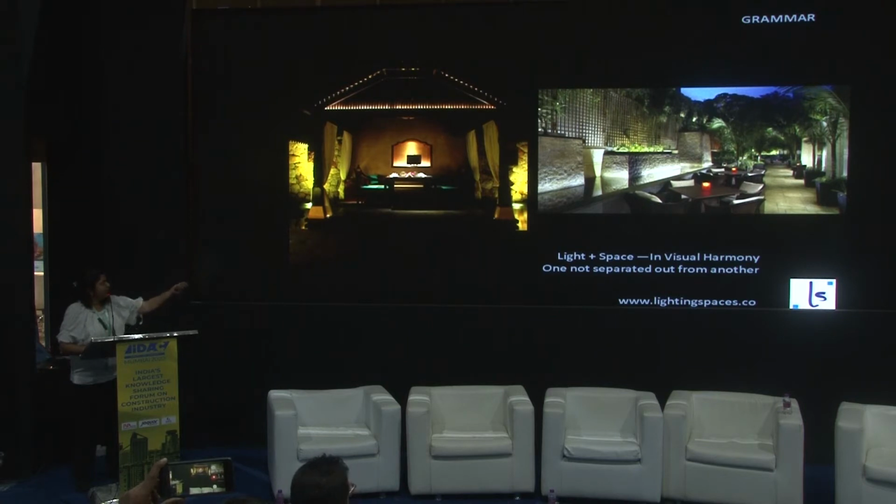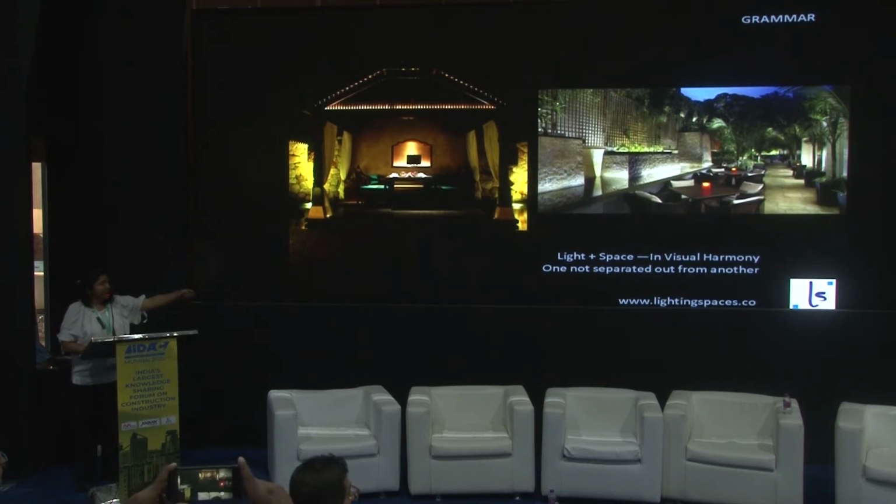Now the left hand side one is Villa Maya, which is a dining pavilion. If you see, there's only one pin spot on the table, so it just quietly lights where it needs to light. At the backdrop, you have a niche that gets highlighted in its own way, and softly the columns are lit. Then this little timber panel is getting detailed very softly, and at the background, the stone also gets highlighted from inside the water. So there is a background, there is a foreground, there are these intensities and variations played. There are spots, and then there are these washers that play. So these are different kinds of things. And light and space have to be in some kind of visual harmony for each other